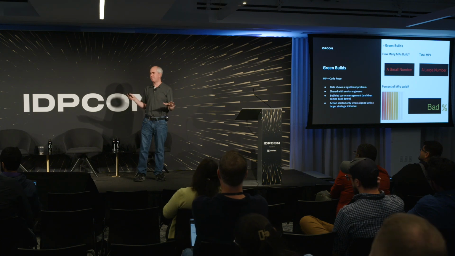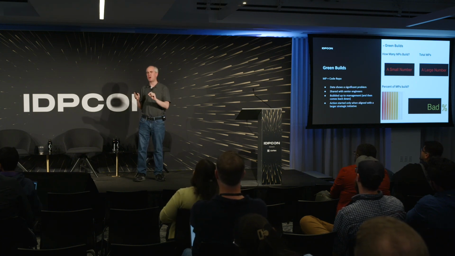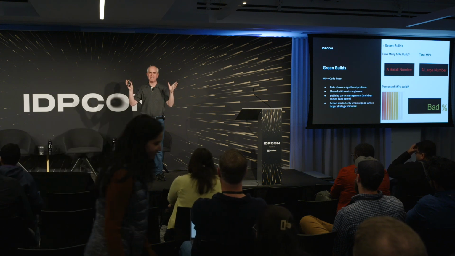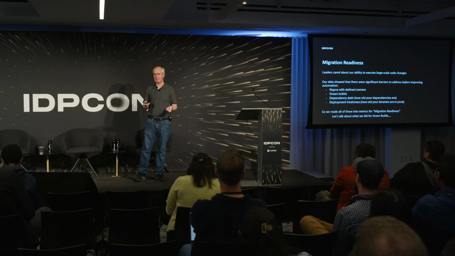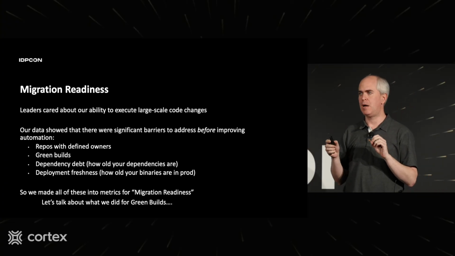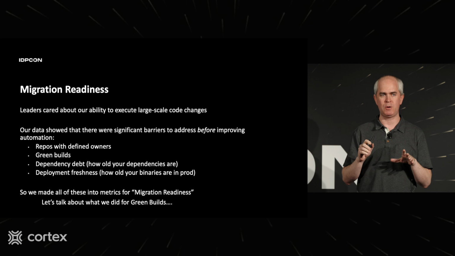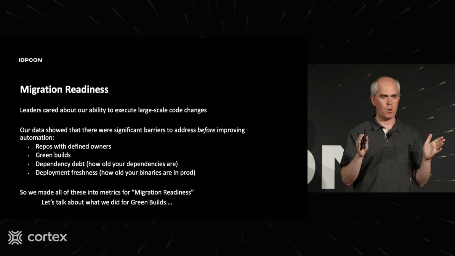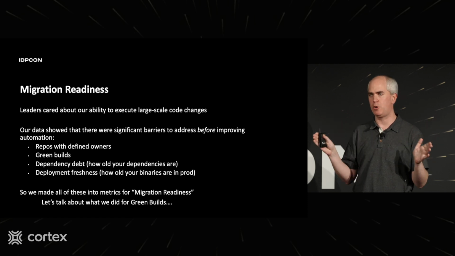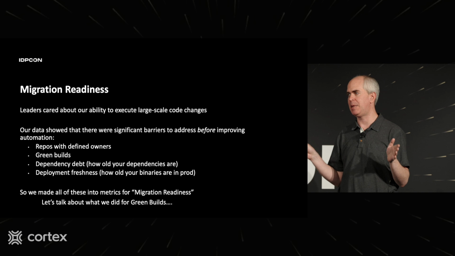However, even with all that, action only really started once there was some broader strategic initiative that the company cared about that this data aligned with. So in the case of LinkedIn, that was migrations. The problem that LinkedIn was facing was a lot of either in progress or needed to be done large-scale code migrations. And LinkedIn has hundreds of millions of lines of code. So when you want to make a change, it takes a long time and it's very complicated.